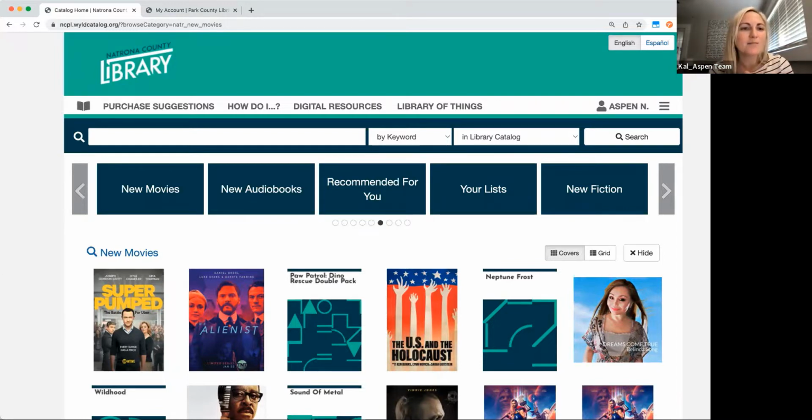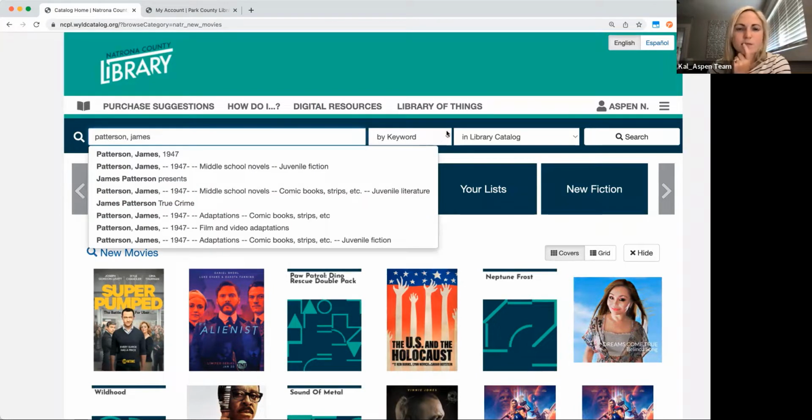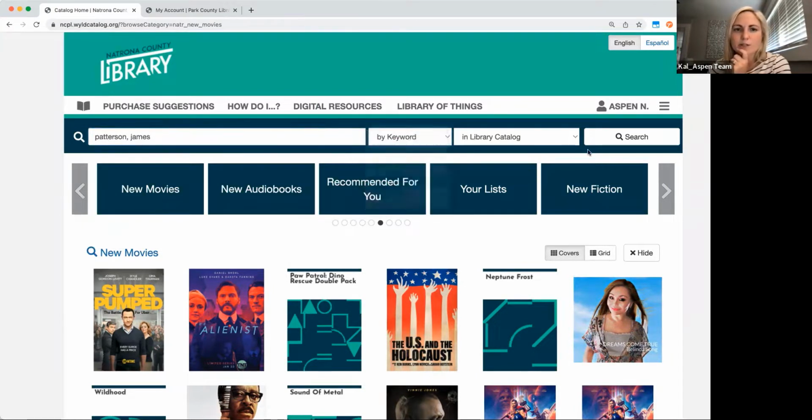So maybe to help that type of person that's really into a specific subject or a specific author, we have what you call saved searches. So you can help and empower users and show them how to do this, or set them up with it. But I'm going to show you how to do a saved search. So let's use our James Patterson example. I'll just do an author search just to show you what that looks like.